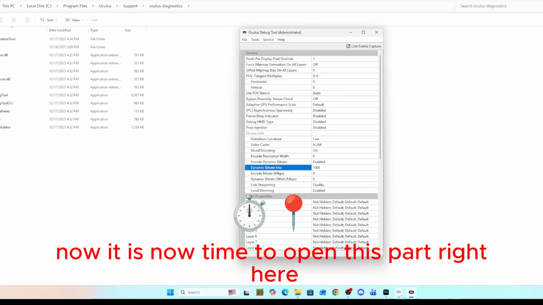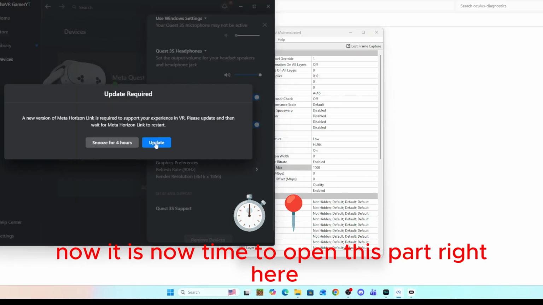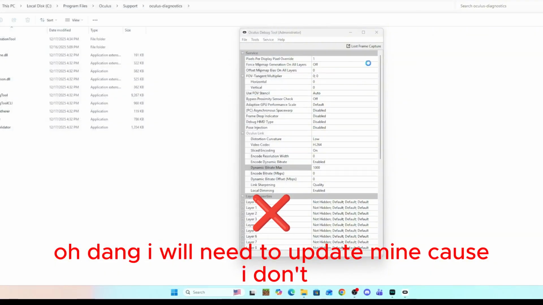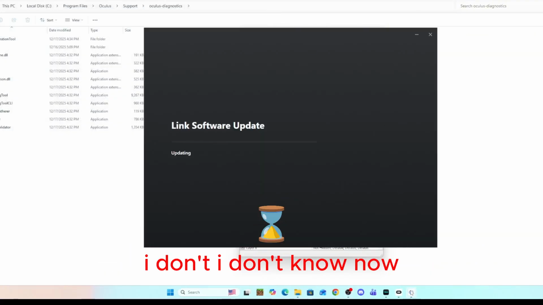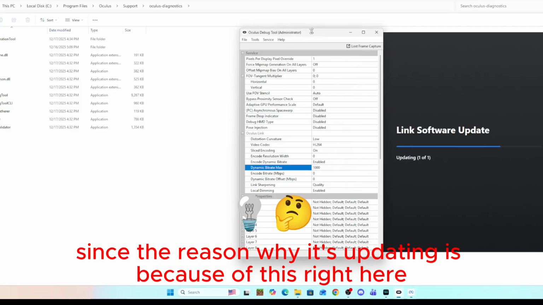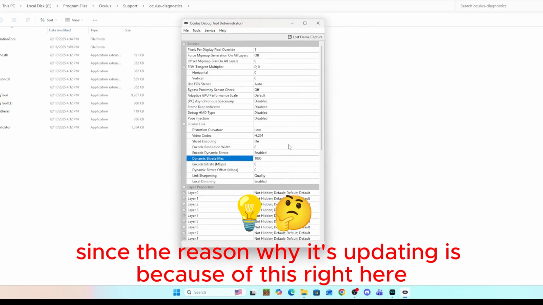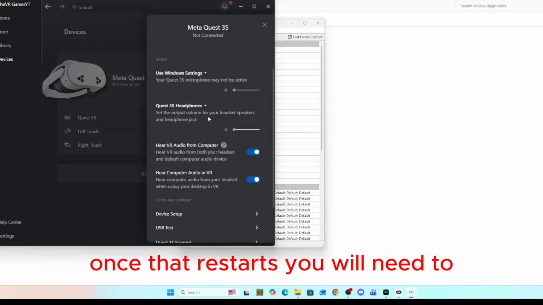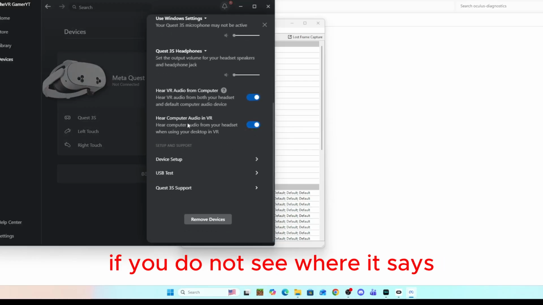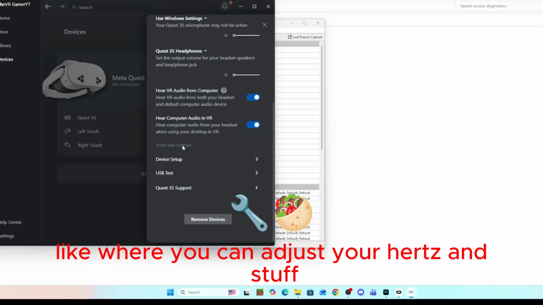Now it is time to open this part right here. Oh, hang on. I will need to update mine. Now, the reason why it's updating is because of this right here. Once that restarts, you will need to, if you do not see where you can adjust your hertz and stuff,